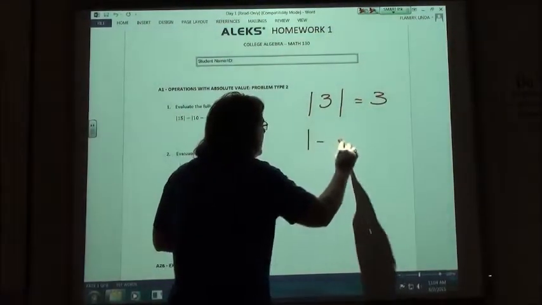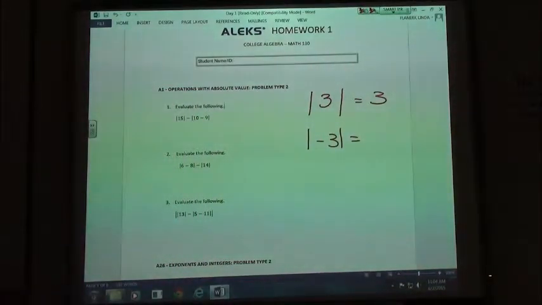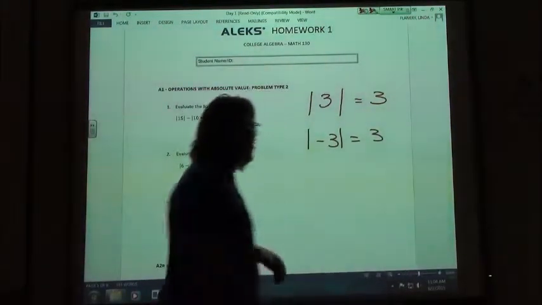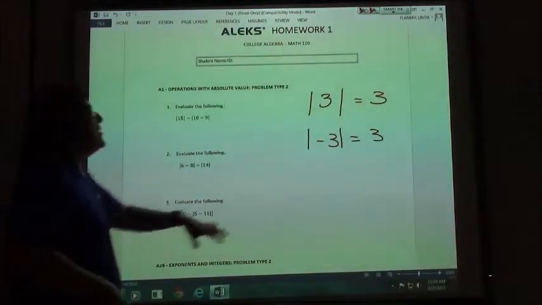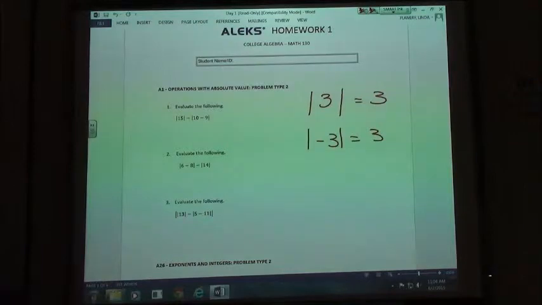If I did the absolute value of -3, how many spaces is -3 from 0 on the number line? 3 places. So most people just think of, oh, the absolute value just makes your number positive. Sort of, in effect, it does, because a distance is always positive. You don't say that you go from Agency Village to Sisseton and you drove -7 miles. Unless you're driving backwards, maybe. No, you still went 7 miles. So by definition, it doesn't say it makes it positive because you do have the absolute value of 0, which